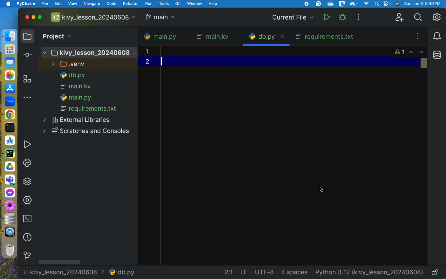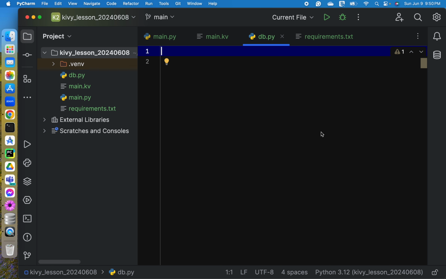I have with me here in my editor a Python file, db.py, and we will make some scripts to teach you how simple it is to work with SQLite as a database for your apps.